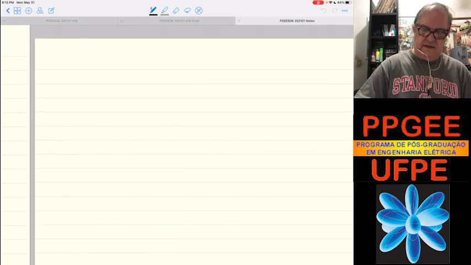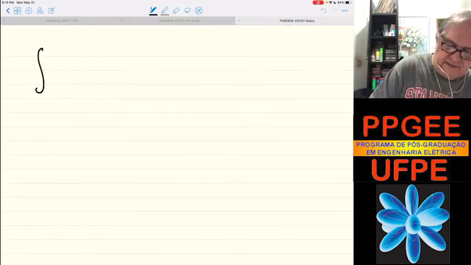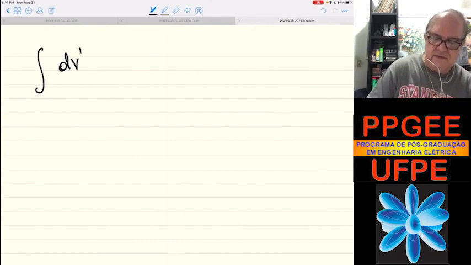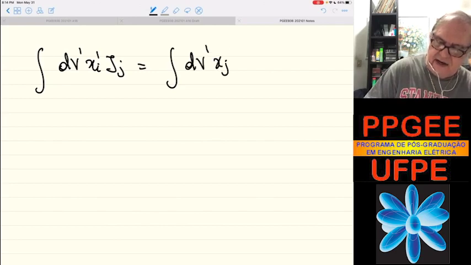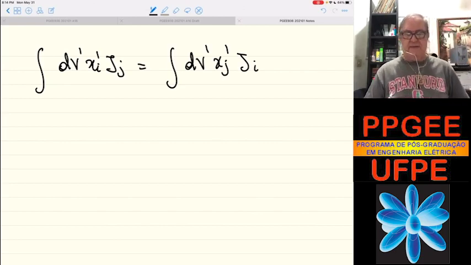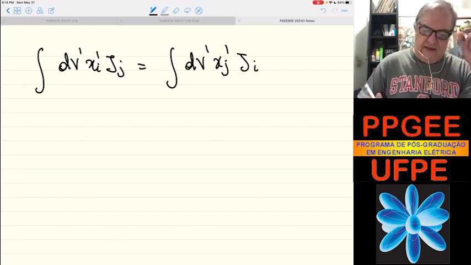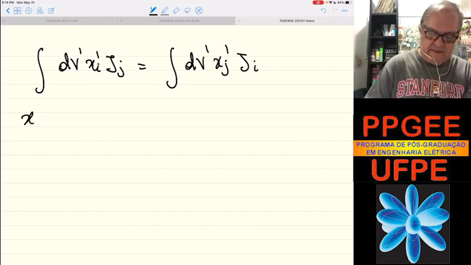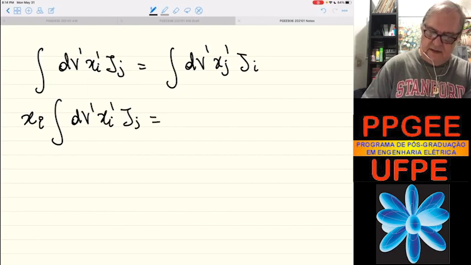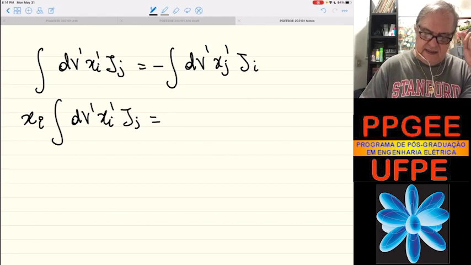Let's go to the next page. So let's put now in the prime variable, the integral xi prime jj equals minus the integral xj prime ji. Okay? So if I multiply now both members by xi, I have this result here. This is minus, right? I forgot that. Minus xi